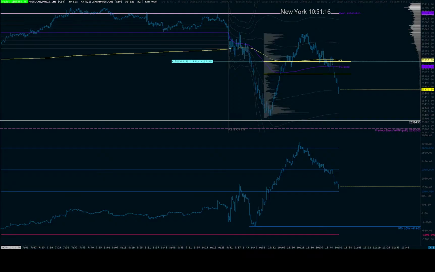So I want to talk about this. I bought one micro simply because buyers have been aggressive, right? I bought on this 2K pullback here with the VWAP and this volume node here. But really it's more of an illustration to show you guys that yes, there are times that this fixed range volume profile is helpful.